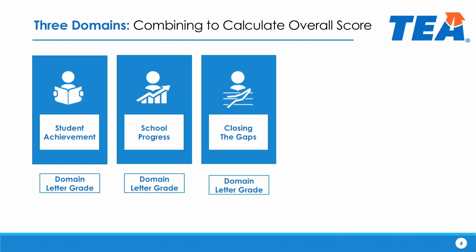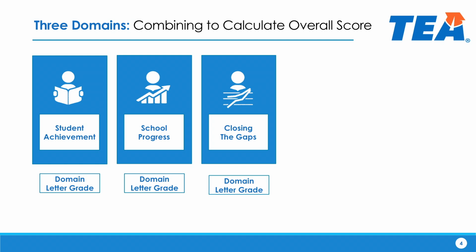So how do we get an A, B, C, D, or F for your campus and district? There are 3 domains. We used to have 4 indexes, now it's 3 domains. Domain 1 is over student achievement, Domain 2 is over student progress, Domain 3 is over closing performance gaps. You're going to receive an overall letter grade for each domain: Domain 1, student achievement, Domain 2, student progress, and Domain 3,